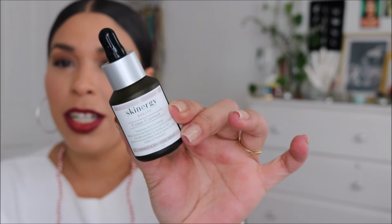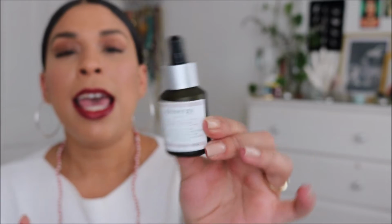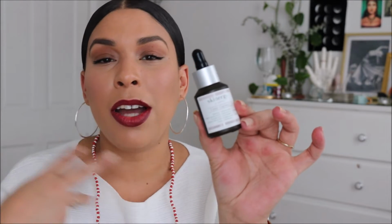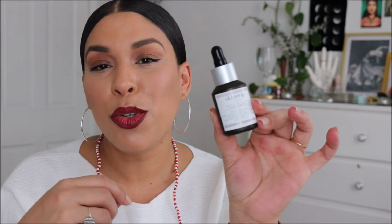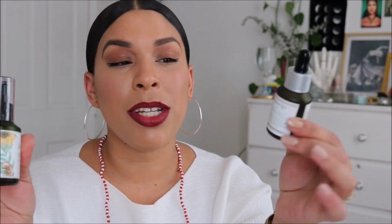And I just truly love using this because, again, it's very light. It's not overbearing on the skin, and it doesn't require so many follow-up items as some things may need. So this one really helps protect and even out my skin tone while also working really well under makeup. I like to put this on, spray a little bit of my rose water with aloe, and then follow up with my moisturizer, and it's truly the best combination that my skin has seen in some time. And I just truly love it, and I'm so impressed and proud of a fellow Latina